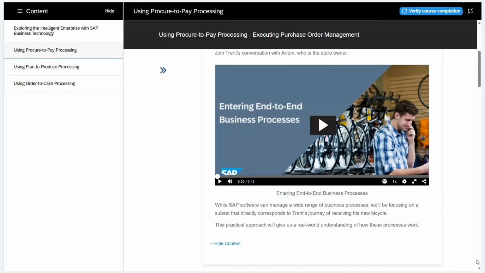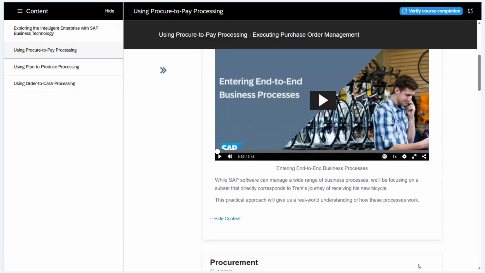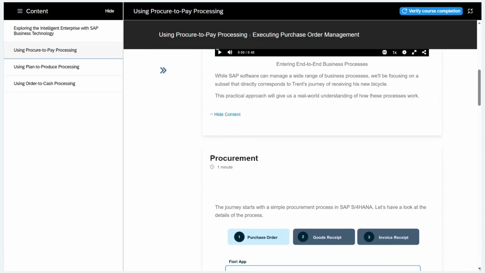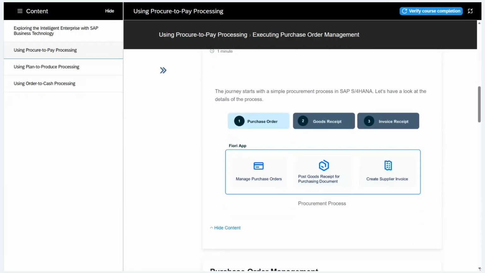By giving an example of one of the bicycle company, what we have seen earlier, the example of the motorcycle company. So this is the basic steps, right? The journey generally starts with